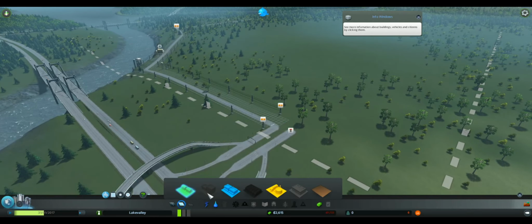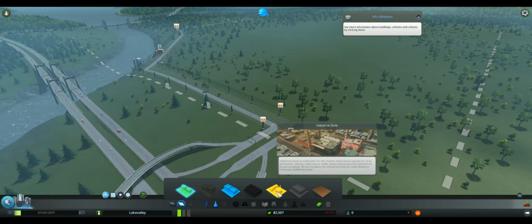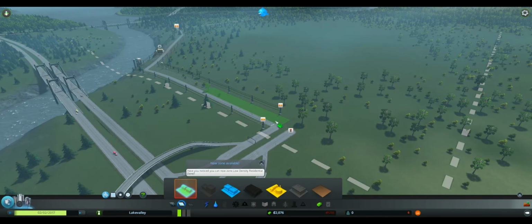Now we don't want to mix some of the different types of zoning. Like if you put residential and the industrial together, the industrial causes a lot of pollution, and the people that live by the industrial zones will start to leave because they are unhappy with how much pollution and noise there is. So let's try to keep this area on this side